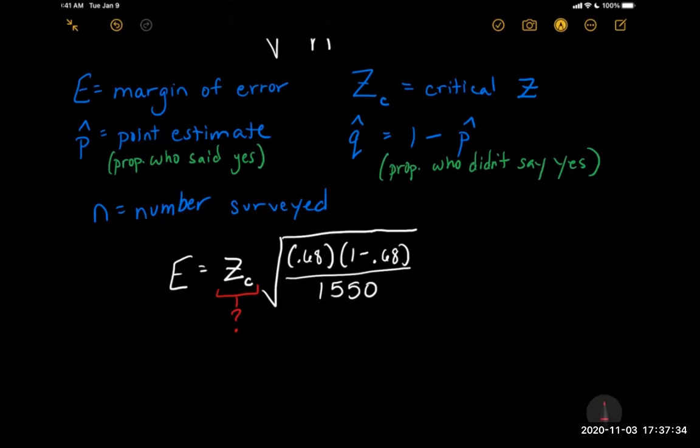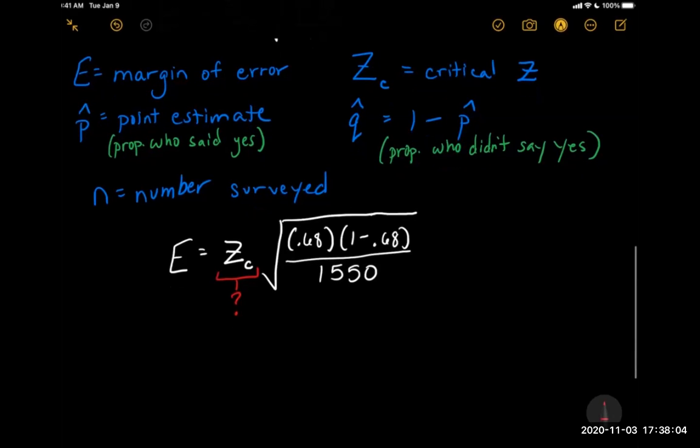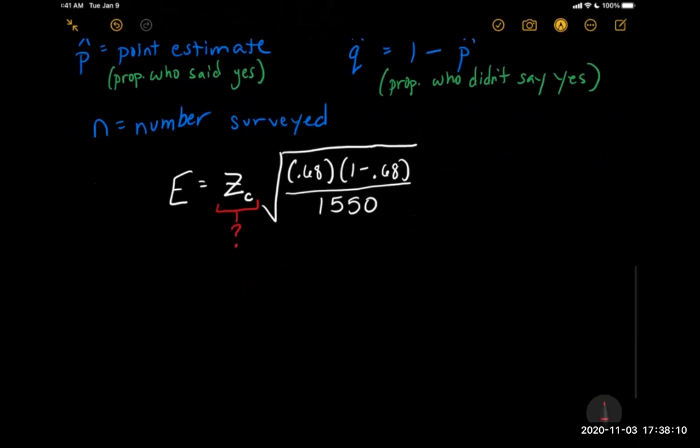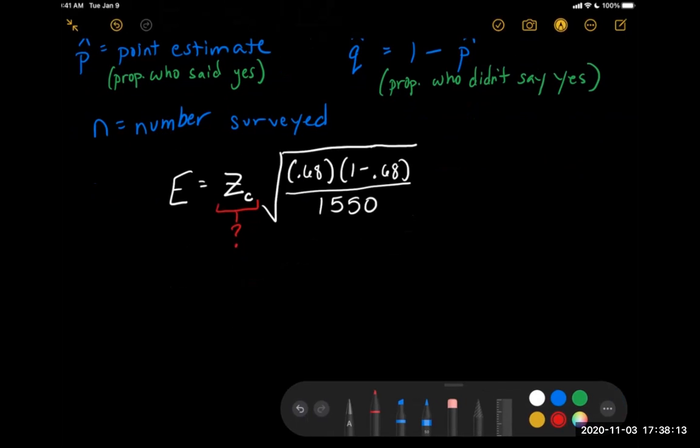Obviously, both of those are extremes. I want something that's kind of in the middle. I want to be pretty sure of my answer without giving an enormous range of numbers. So that is when I construct a confidence interval. A really good idea for a confidence interval is, instead of being 100% sure, or instead of being 2% sure, what if I was like 90% sure or 95% sure? That would be such a great compromise. If you're 90% sure, it means you might be wrong, but probably you're right. I can live with that. I can live with probably I'm right.